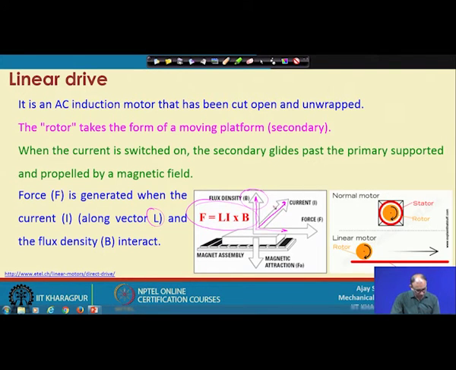So, whichever way you want to give direction, suppose you want movement in a particular direction, then you change the direction of the current, or the magnetic flux density. At that time this force will change. Depending on the directions of the magnetic flux density and current, you will get a force exactly perpendicular to both. So, we have to design this system in such a way that you get the motion in the required direction, not in the other direction.